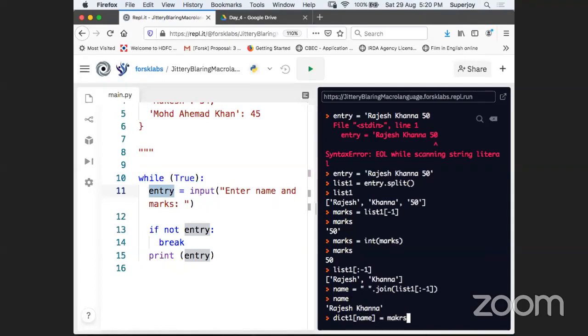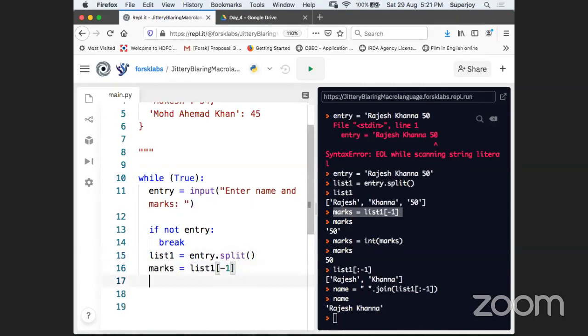So here, guys, we are going to handle that part. Let's do this in the code section now, guys. We can have this code here. I'm just picking this code and putting it here. I just need to remove this part. Here we go. Then I need to have marks is equal to this. Then I need to have a typecasting as well. So this is how I get the marks. Then I have to do this part, guys.